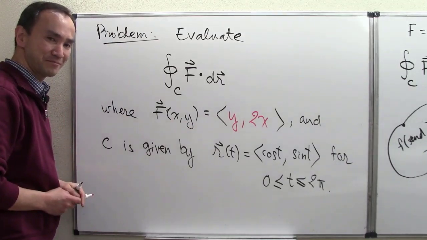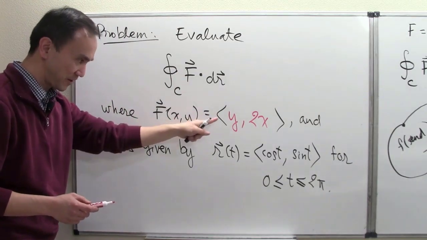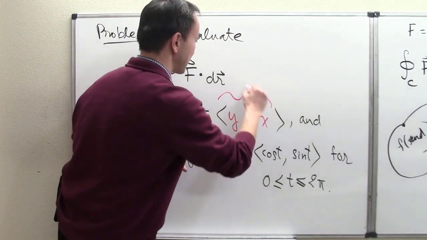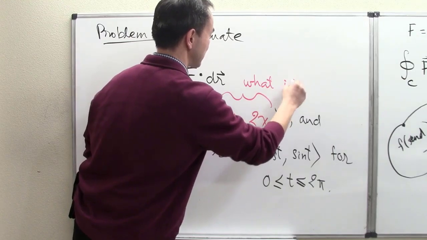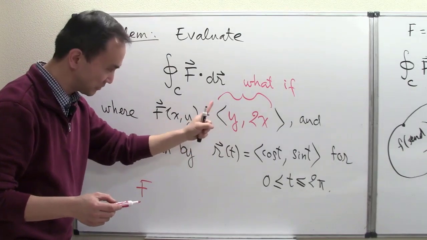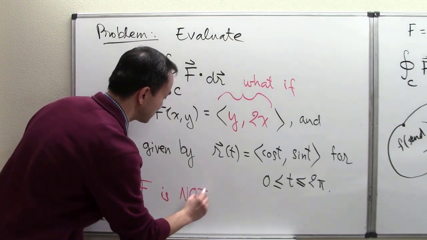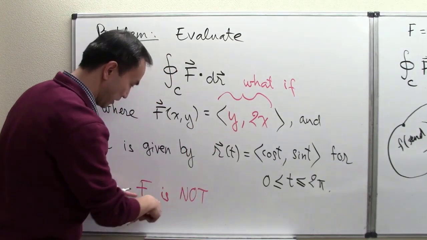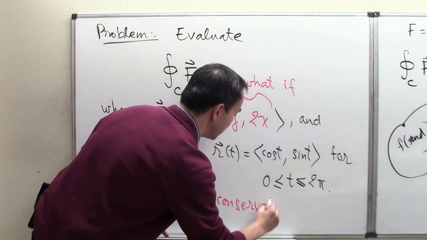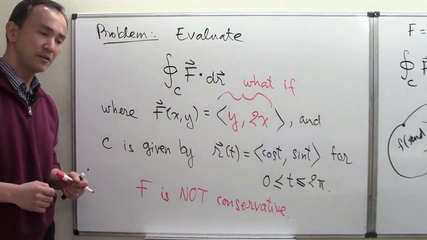All right. So hopefully you have spent some time, including pausing the video if you need to, but you have verified that. So the vector field now, I'm putting up this what if here. What if the problem was given the same exact problem, closed curve, positively oriented, but the field itself was not conservative? So what if we had that field and the field here is verified that it's not conservative? What if it's like that? Okay. And so